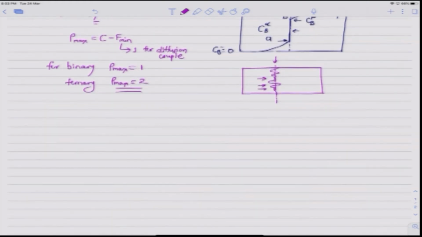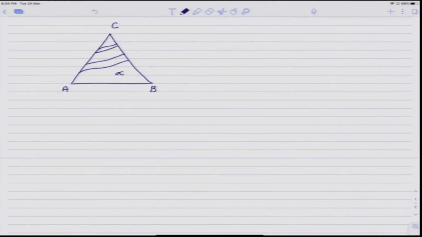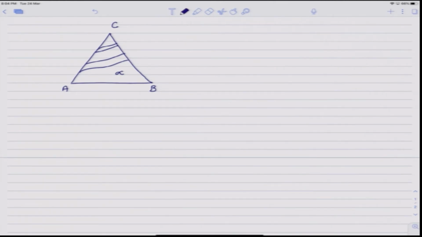Now, let us look into ternary multiphase diffusion couples. If I consider a ternary isotherm in which there is a big alpha solid solution region, similar to what we have seen for copper nickel zinc system last class. There is also a beta phase region here, let us say. Now, if I assemble